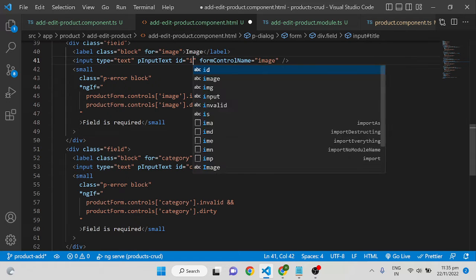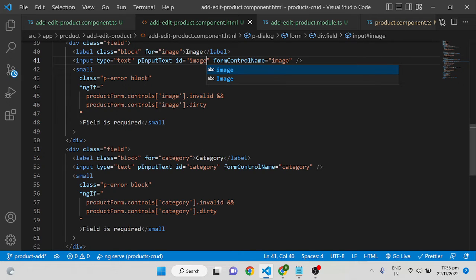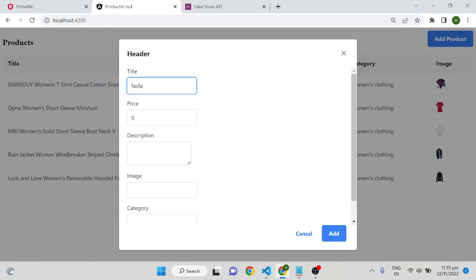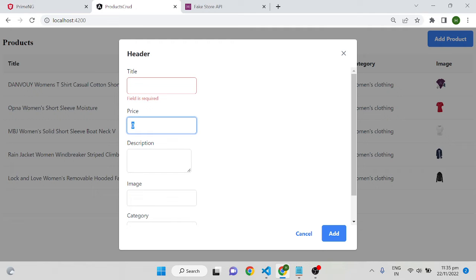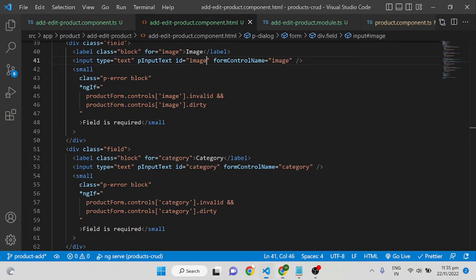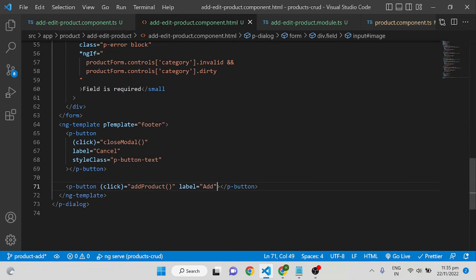This is image. Okay, I think I have done something. Showing message, showing message. We don't have any message, it needs to show here. Then if these required fields are not filled, you have to disable this add button. So in order to do that, you can come here and give disabled equal to,